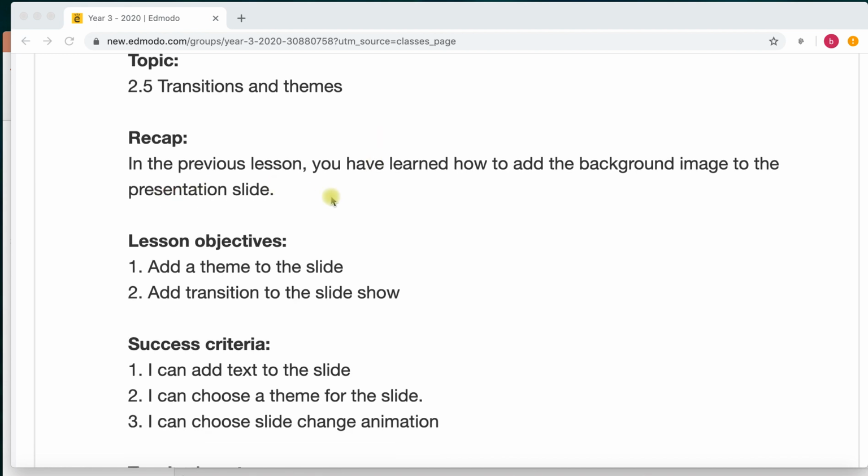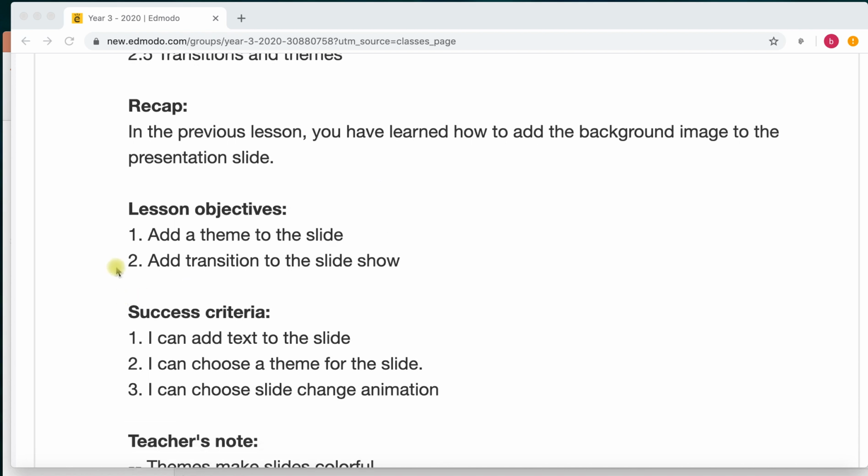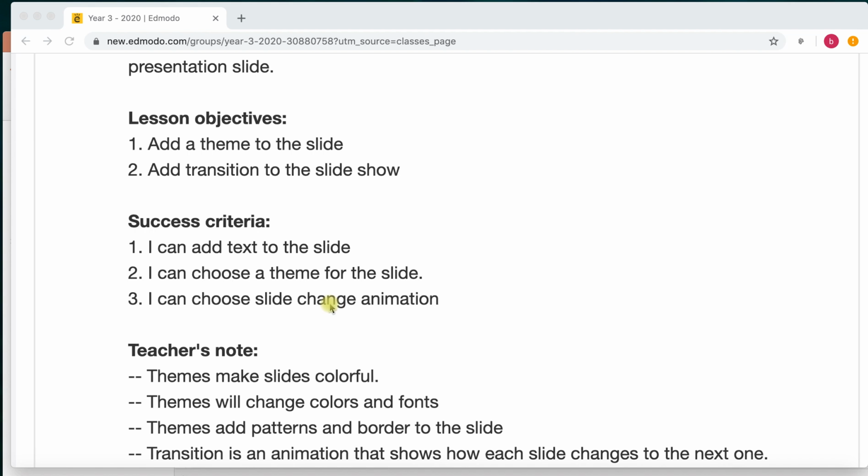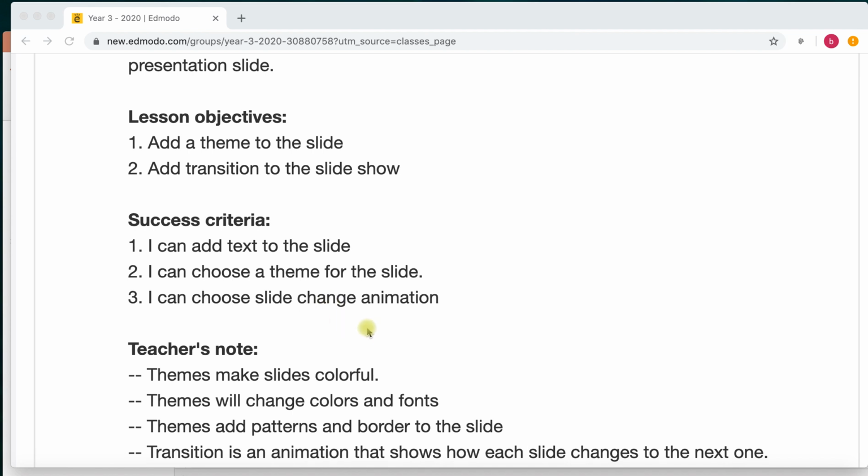So in the previous lesson, we learned how to add the background image to the slide. Today we're going to learn about adding a theme to the slide and also adding the transition to the slideshow. There are three success criteria that we're going to achieve today. You can add more text on the slide and also you can choose a theme. A theme basically is a pattern that you can apply to the slide, and the slide change animation